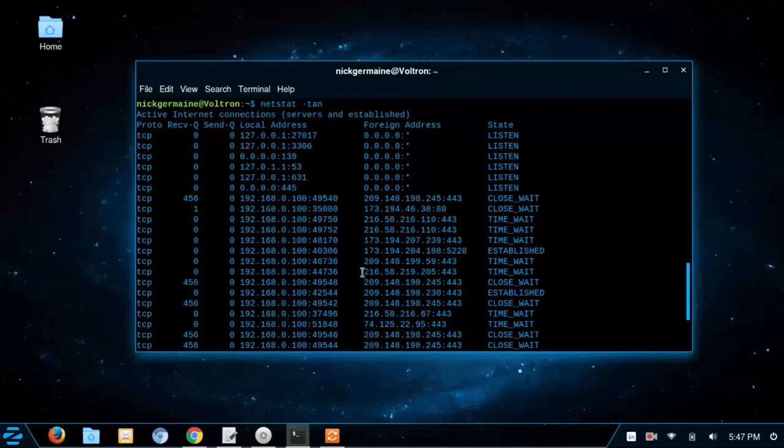And if you think your computer may be connecting to a malicious host or something, what you can do is take these IP addresses and look them up through a website like network-tools. I think it's network-tools.com. It could be .org. I'm not sure, but you can find information about